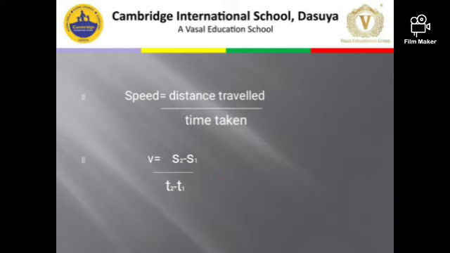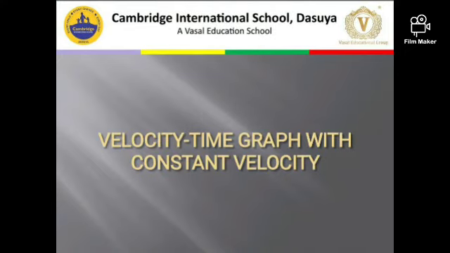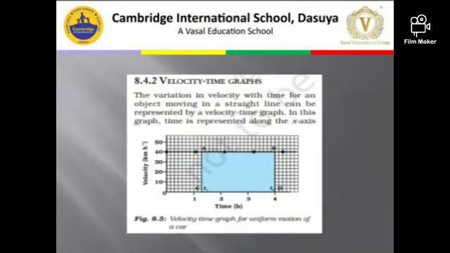Now children, this is about how to calculate the speed of an object using distance time graph. Once you can again go with the concept and revise it well. I'll be giving you a worksheet also to solve the same kind of questions so that it will be stronger for you. Next we are going to carry on is velocity time graph. So the first graph under this is velocity time graph with constant velocity.